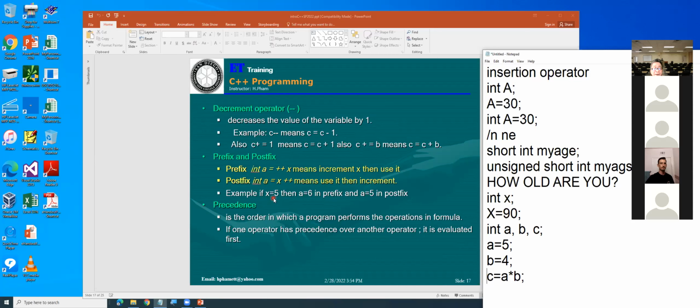If A equals 5, then A equals 6 in the prefix. However, A still equals 5 in the postfix. That's only telling you one thing. When you have integer A equals plus plus 8, no matter what you want to do, you must increment by 1. That's why x equals 5. Okay. A plus plus, automatically you get A equals 6.